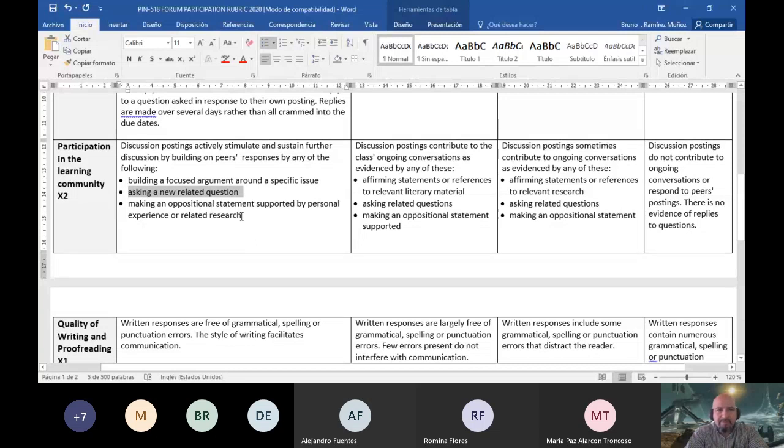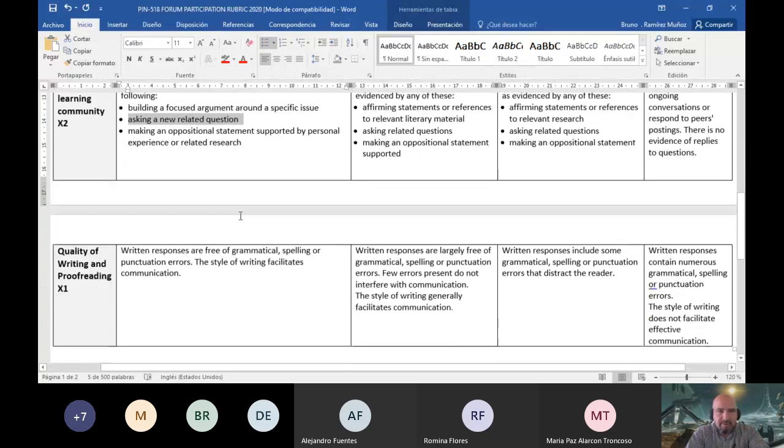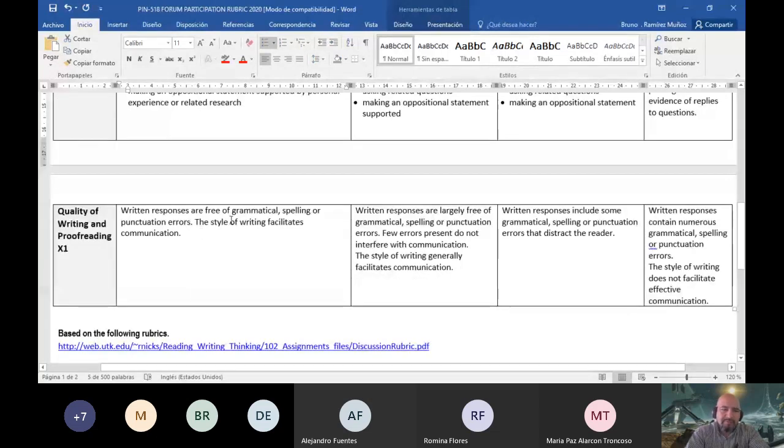So much for the diverse thinking, right? And finally, the quality of writing and proofreading implies that the posts have to be grammatically correct, with no spelling or punctuation errors, so that communication flows and we don't have to stop trying to find out what the person who posted